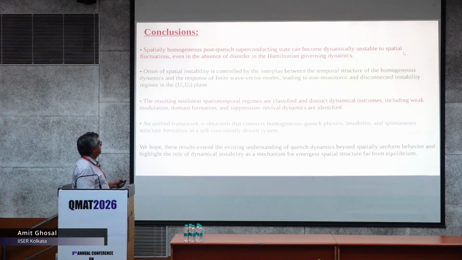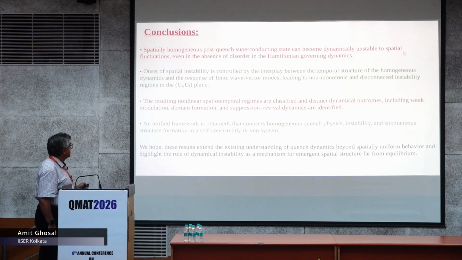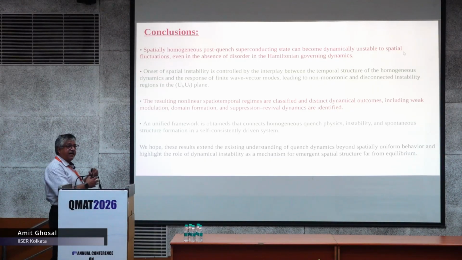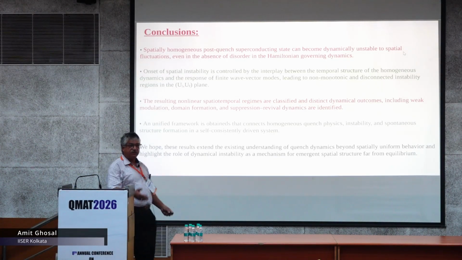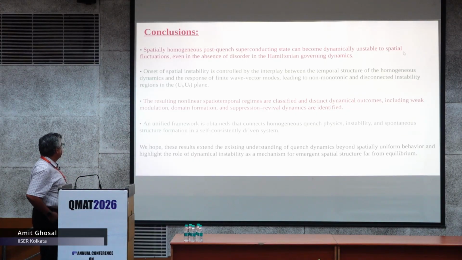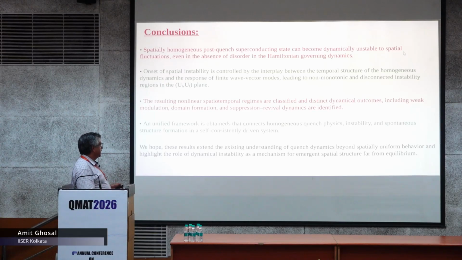Onset of spatial instability is controlled by the interplay between the temporal structure of homogeneous dynamics and the response of finite wave vector modes. This is a long sentence. Don't worry, we basically talked about it. The resulting nonlinear spatiotemporal regimes are classified into regime 1 and regime 2 based on the dynamical behavior of the superconducting structure factor. And the unified framework is obtained,